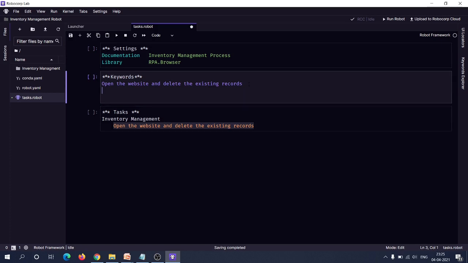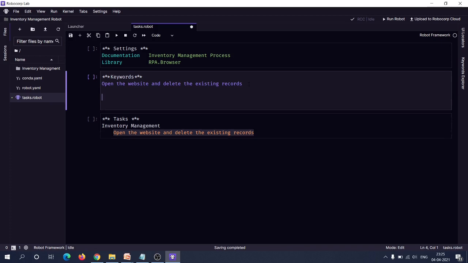So let me use this keyword after 4 spaces. 1 2 3 4. Open available browser, and to this keyword we have to pass the argument as URL of the website which we have to open. So let me copy the URL here.